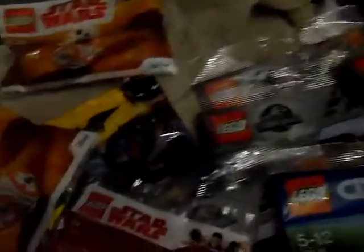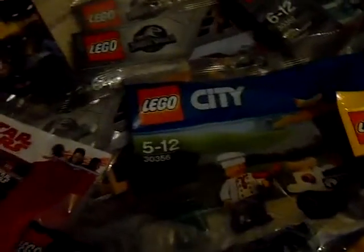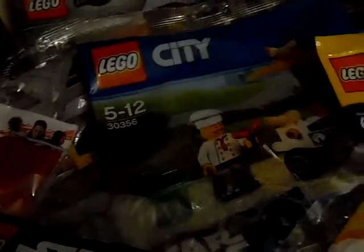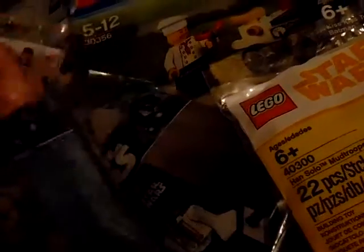I got totally these BB8 polybags. No, I didn't buy them on May the 4th. I bought however much that would have been on May the 4th. These are actually sold in my LEGO store for £4 or £5, so I decided to buy some more because I love them. They're such a great polybag. Now, I actually have 2 full sets. So I have 3 full sets of these